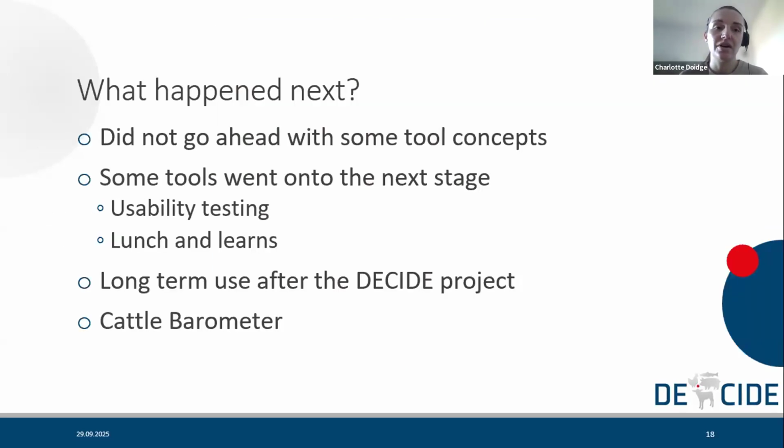So then what happened next is that through some discussions, some of the tools did not go ahead because the participants realized that maybe they didn't meet the farmers' or vets' needs, or maybe potentially harmed some of the needs as well. Some of the tools did go to the next stage, and here we've done things like usability testing and